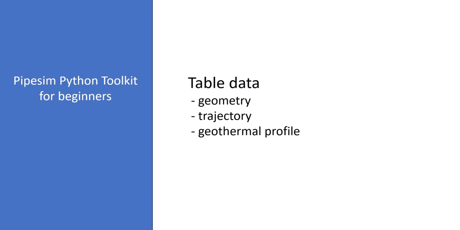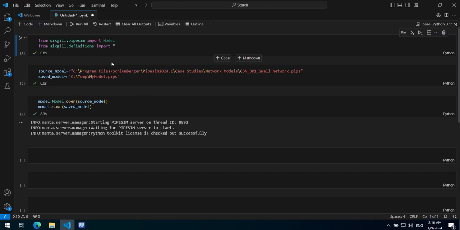In this video, I'm going to demonstrate how to work with table data. Table data are used in many places inside a Pipesim model, but I'm going to focus on the flowline profile and well trajectories. As usual, in my code, I import the model class from sixgill pipesim and I import everything from